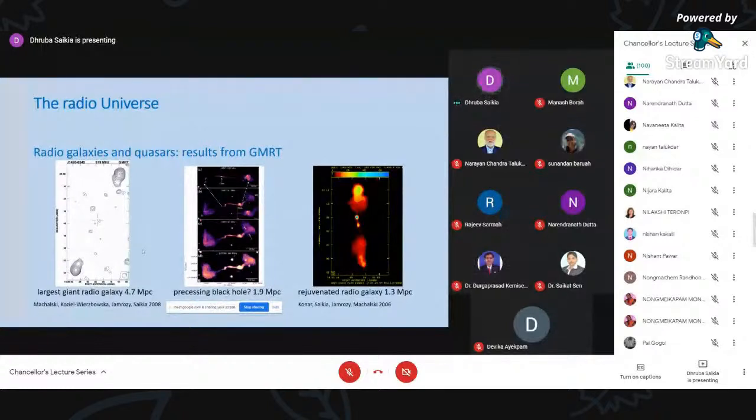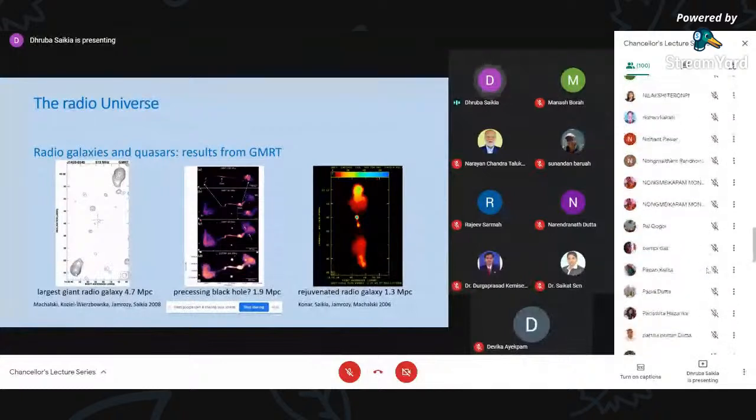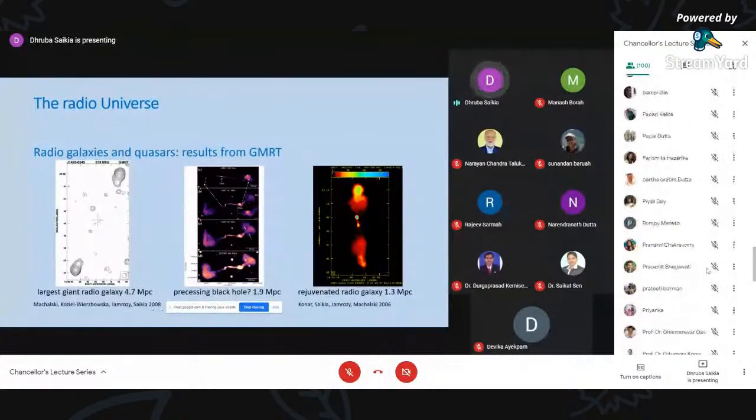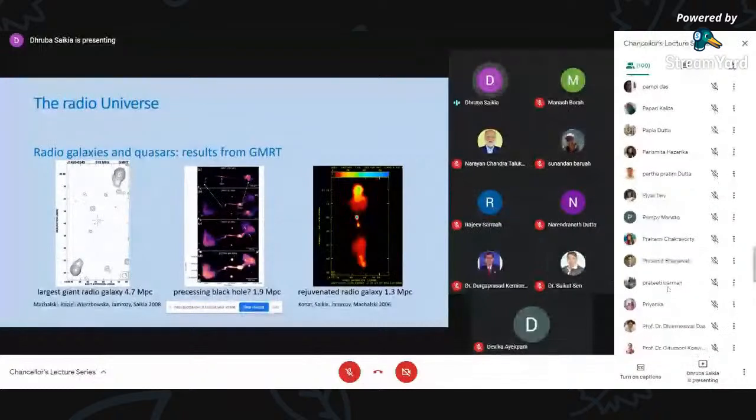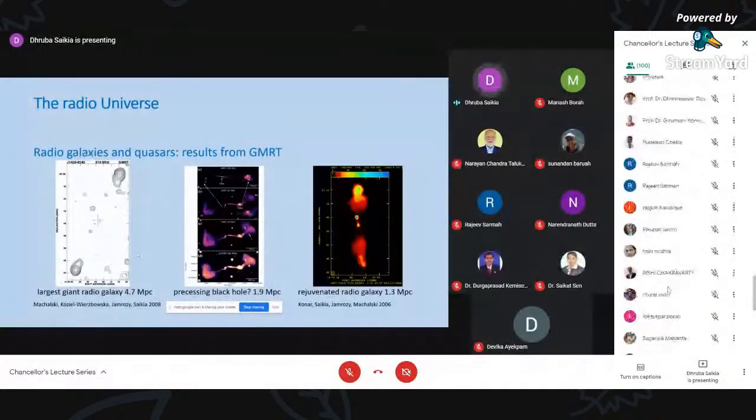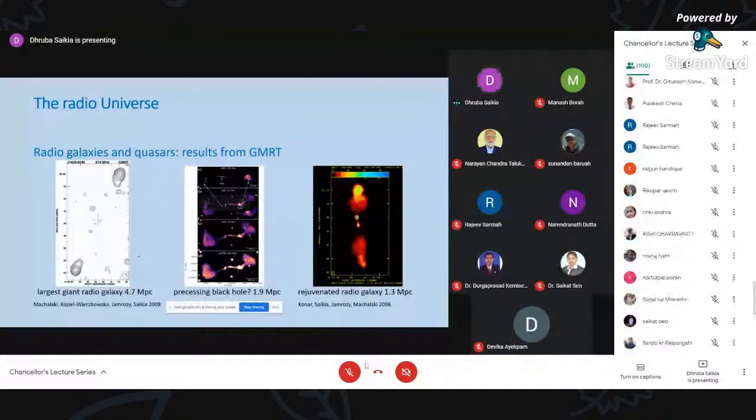This is actually the largest giant radio galaxy. It is the largest single structure that is known in the universe. When we reported this object first, about 12 years ago or so, the number of sources which are large has increased manifold. The number of sources which have been observed has also increased manifold. There are millions of sources which have been cataloged now, but this still continues to be